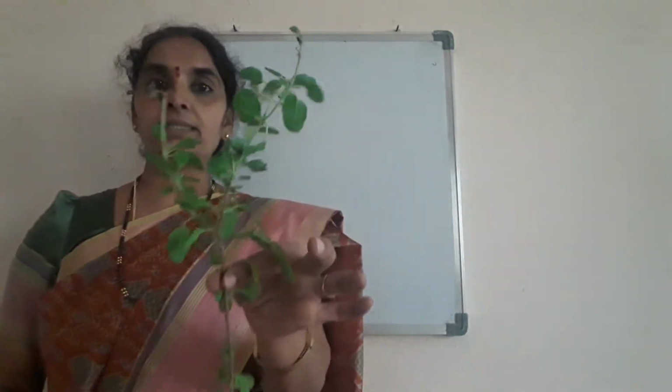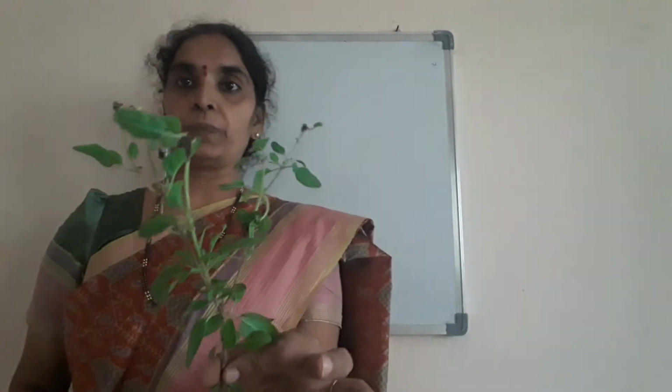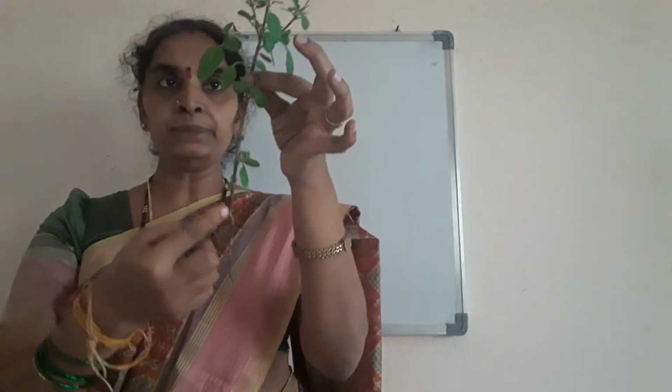So see here, this is Tulasi. Hope you have seen it in your surroundings, isn't it? Tulasi plant. See its root system, leaves, stems, and it also gets flowers, isn't it? You know it. So, did you see this plant? This is a grass variety, but see this, the roots of, what is this? It's a grass, isn't it?